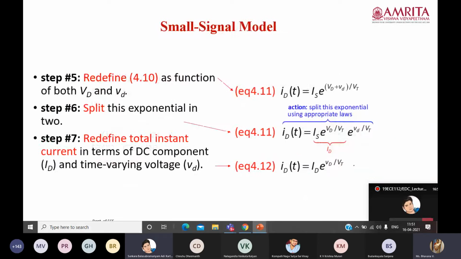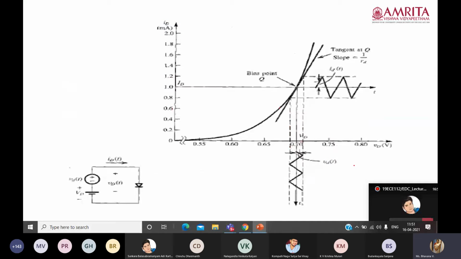Yeah. So now I'll tell you how to do the analysis with respect to the graphical method. Have you drawn this one? If not, please draw. This is what we have explained, superimposing a pure AC signal. This small vd of t is superimposed upon this coordinate, capital Vd. So how to get this capital Vd and capital Id? You have to draw the terminal characteristics. In the linear region, draw a tangent. At the middle, you fix the Q point. This is the Q point, the operating point.